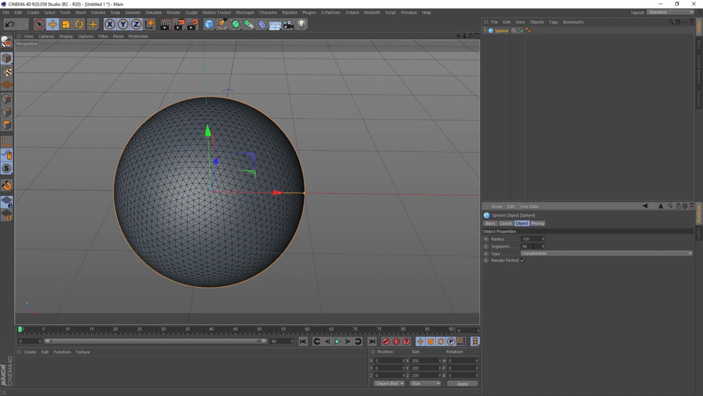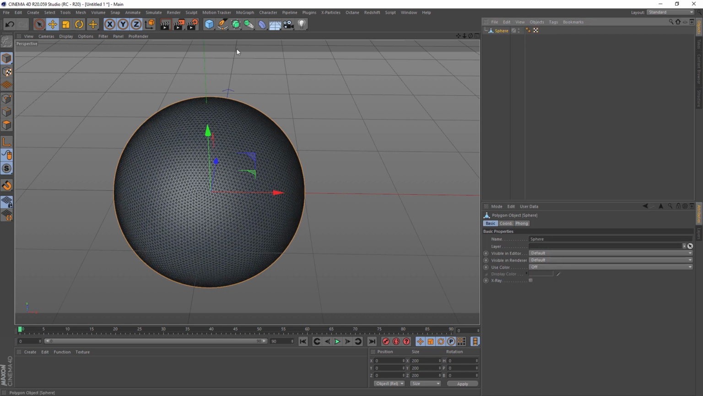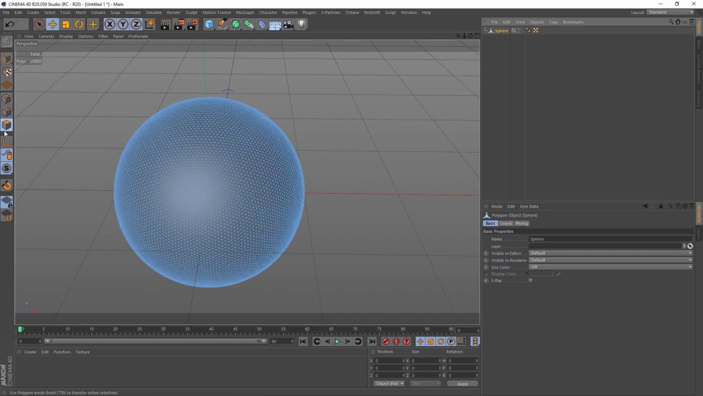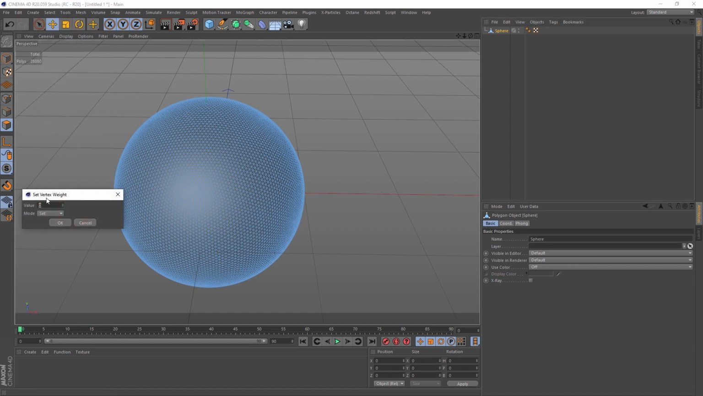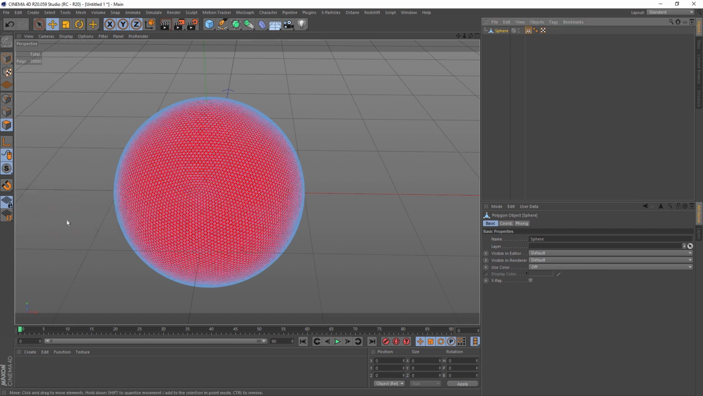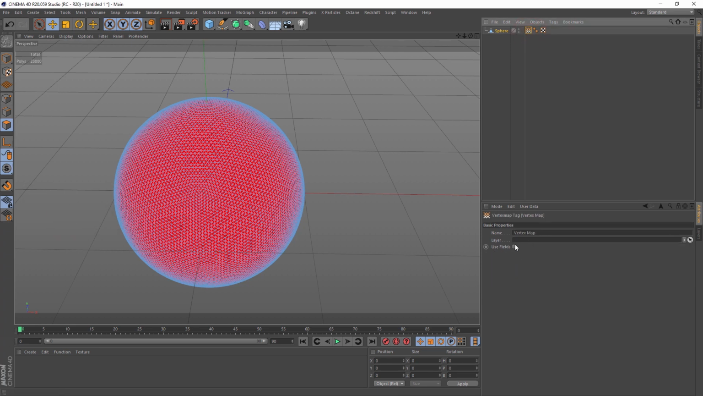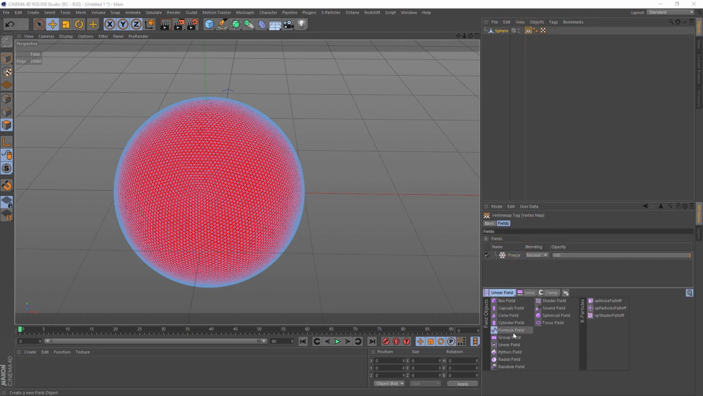Let's add some polygons, maybe one more, pretty dense. Convert by holding C or using this button, select the sphere, and select polygon editing mode. Select set vertex weight value to 0, select new tag, use fields, and we'll have to create a new field,